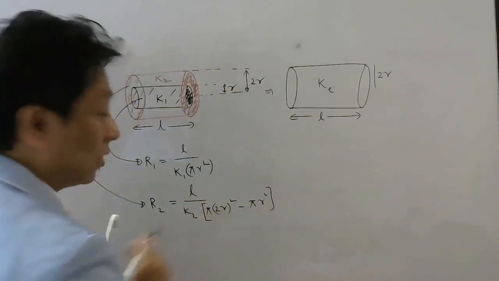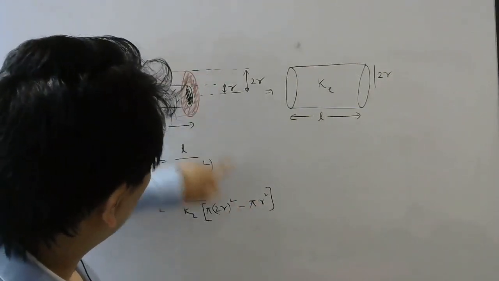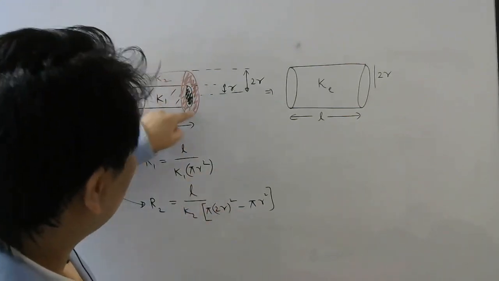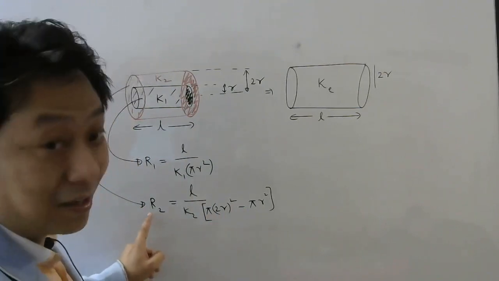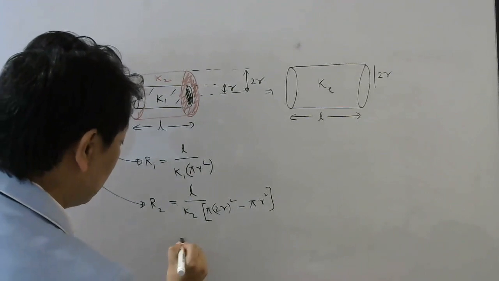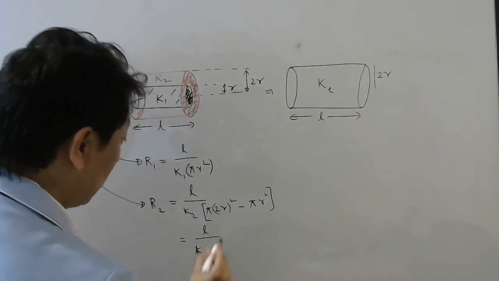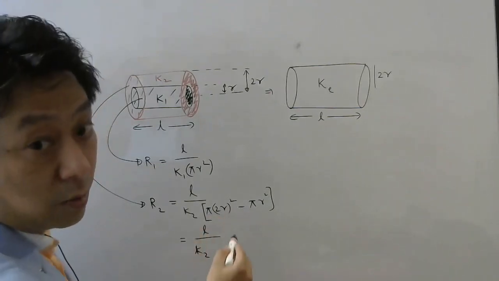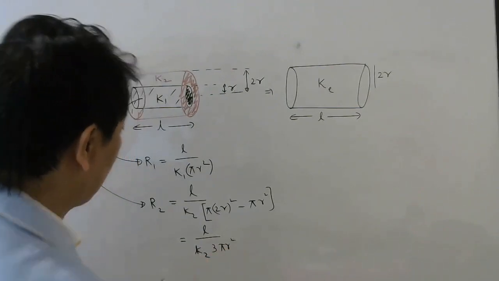Right? So I hope all of you understood this. This is the area of the big circle. This is the area of the small circle. If you subtract, you will get the area of the red portion, whose area only we have to include because I am writing the resistance of only this outer part. Now this will be equal to L divided by K2 times, this is 4, this is 1, so if you take pi r square common, it will be 4 minus 1. That will be 3 pi r square.